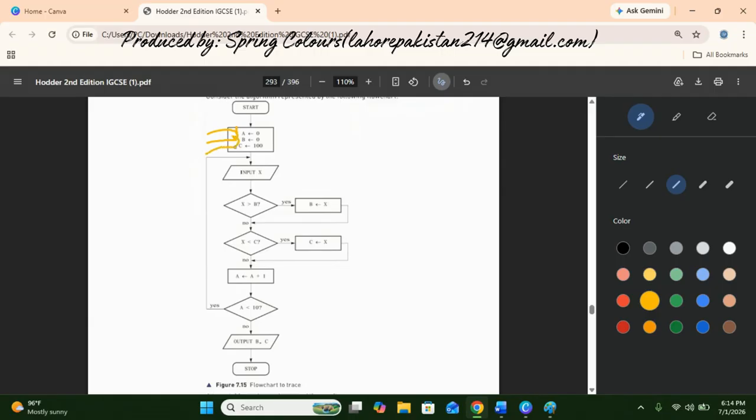They are initially assigned values of 0, 0 and 100. Then a random input is taken from the user. This input is first compared with variable B. If it is greater than variable B, then it is assigned to variable B. And then it is compared with variable C. If it is less than the value given in variable C, then this new value is assigned to variable C,